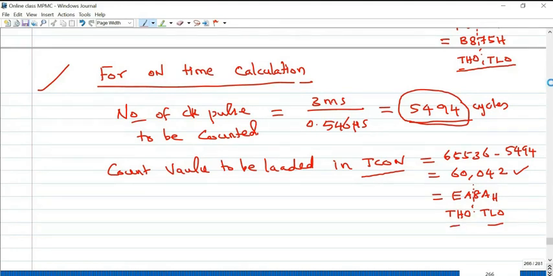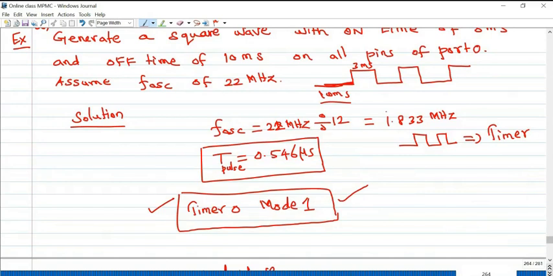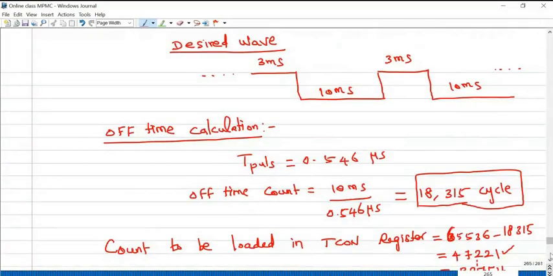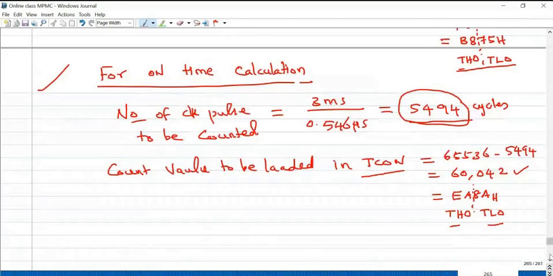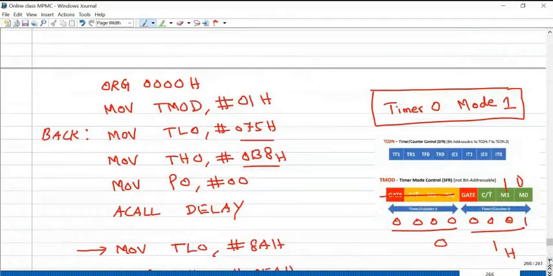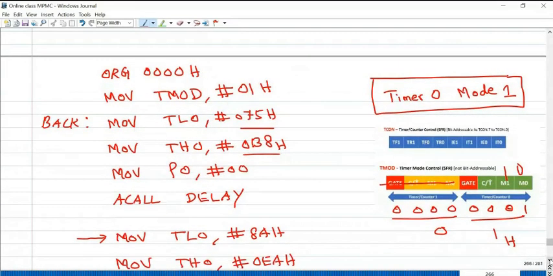So according to the given specification, 22 megahertz internal oscillator, 10 millisecond off time, 3 millisecond on time, we first calculated the values to be loaded for the specific on time and off time. For timer 0 mode 1 configuration, we have to load 0, 1 in the TMOD register.